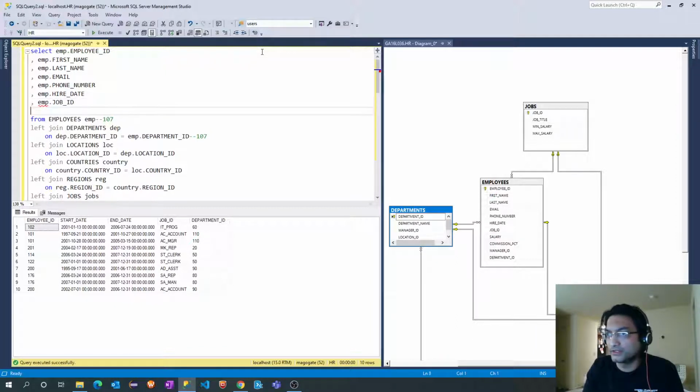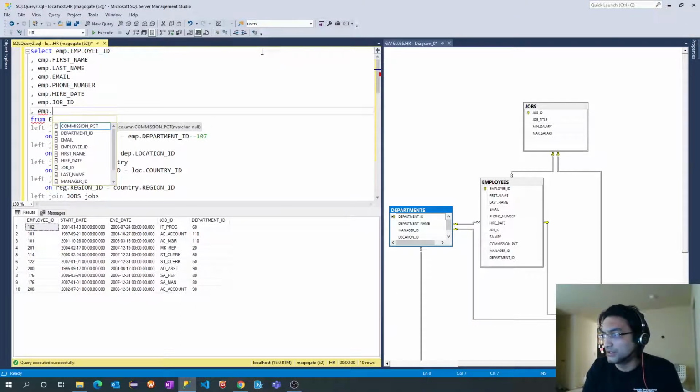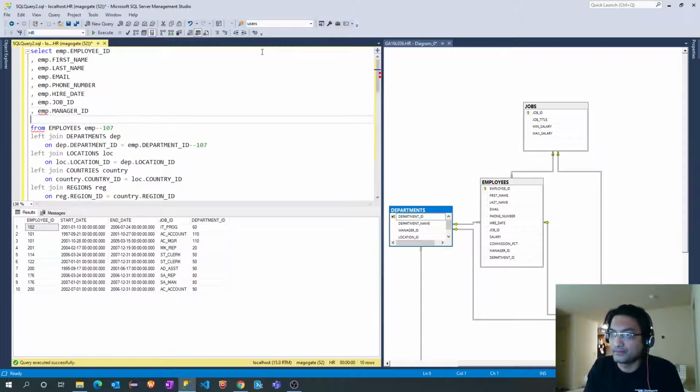Let's add job ID as well. Emp dot commission we don't need. Manager ID, let's add manager ID as well. And department ID.